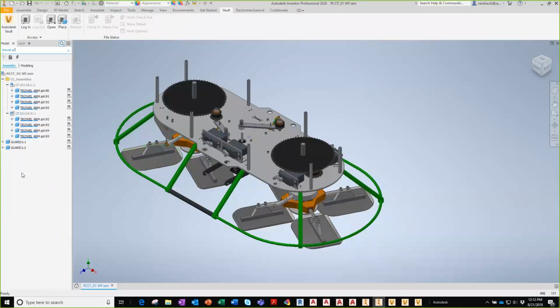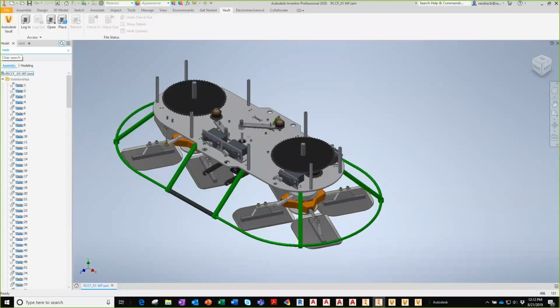Specifically, let's spell it out now. And I see that I have the trowel arm, in this particular case, in these two assemblies. So it's very easy and quick to search for specific characters, finding parts, finding assemblies. Even if I type the word MATE, it's a little tough to see in this case because there are so many mate constraints, but maybe